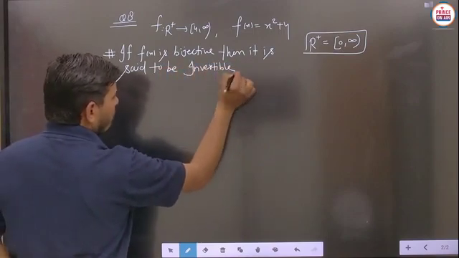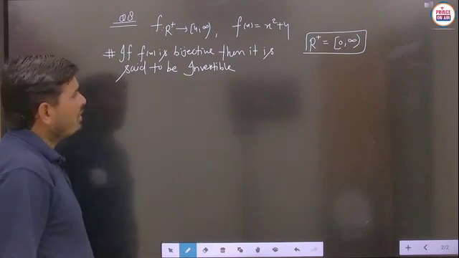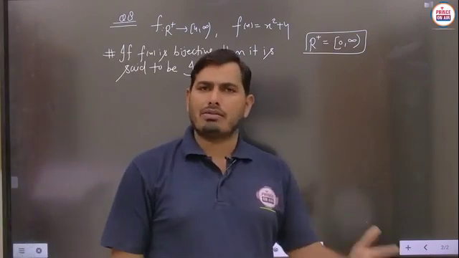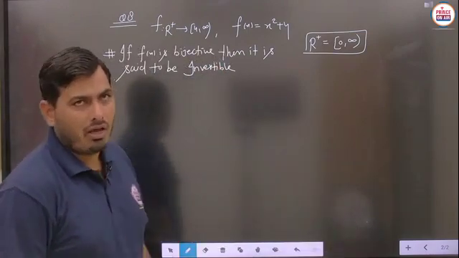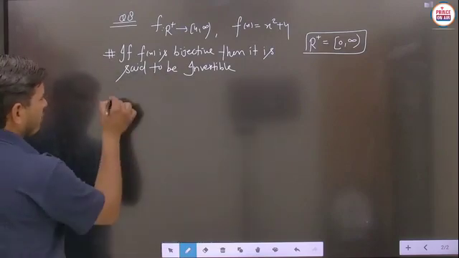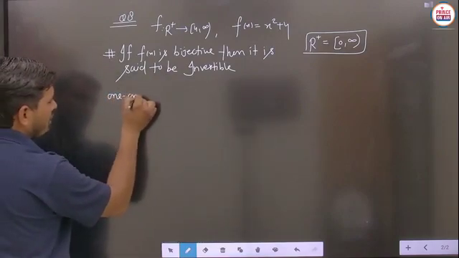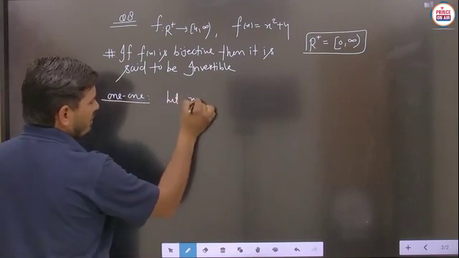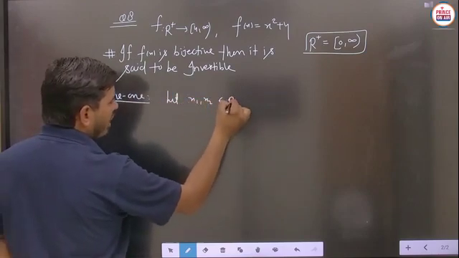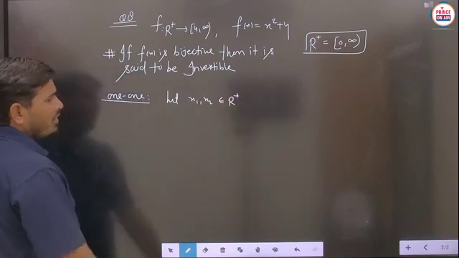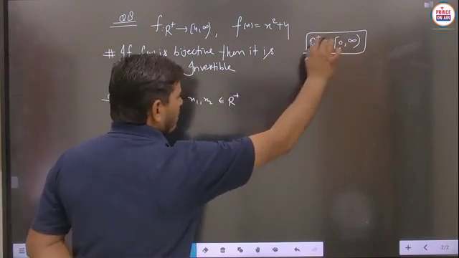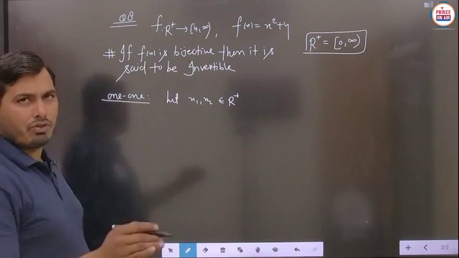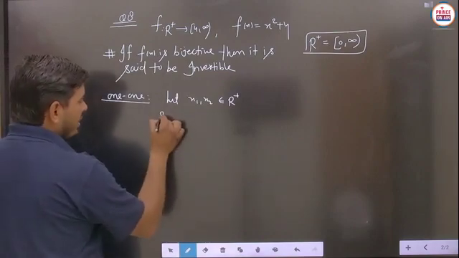And students, for a bijective function, I think you know very well, the function should be one-one as well as onto, both. So first of all we will check the one-one and onto conditions for the given function. So first we will check the one-one. For one-one, let x1 comma x2 belong to R positive. Is it clear? It means you can take any real number from R positive, from 0 to infinity, such that